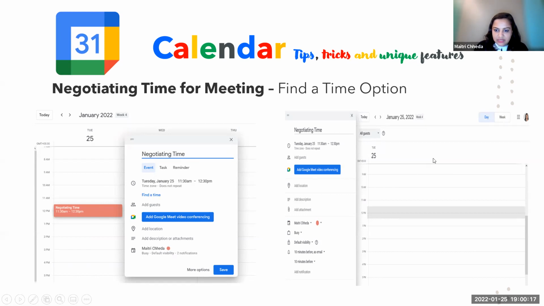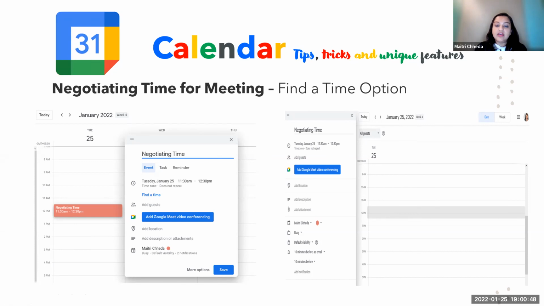Now this will work. When you click on this, it will automatically look at everybody's calendar. For this to work, the calendar needs to be shared with you. So within your team, I'm assuming that you will be sharing your calendar with everybody. Even if just the view right has been given to your team, they can find a time with you. So you click on find time, and Google will automatically find a time which everybody has open, and send a tentative time to everybody, and it will be fixed.